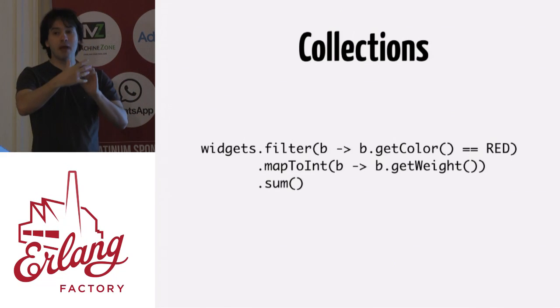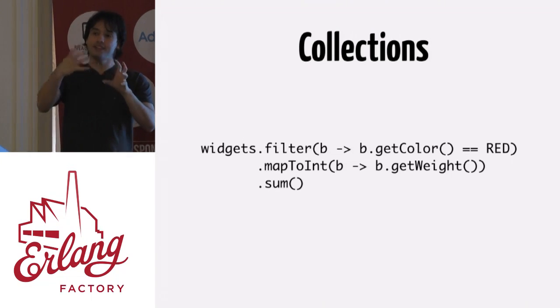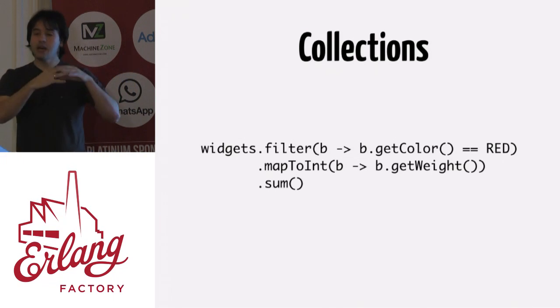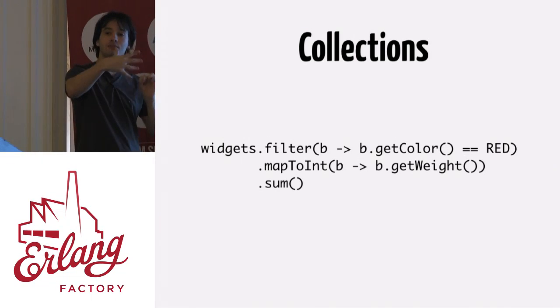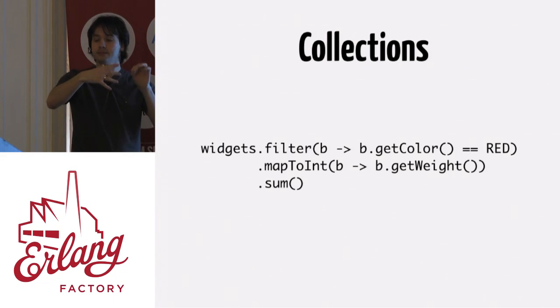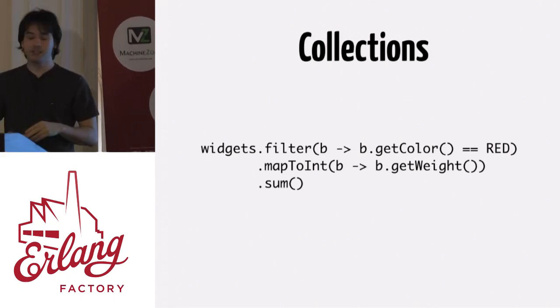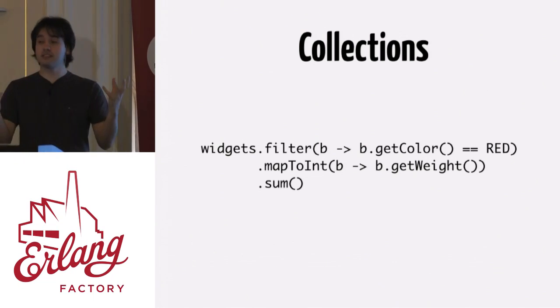And then you're going to call map to int. That is going to get integers, right, but as a new list. And then you sum everything together. So what is happening here is that we are traversing the list multiple times and generating intermediate lists, okay? Intermediate lists, which may not be very good in terms of performance depending on the size of the list, for example.